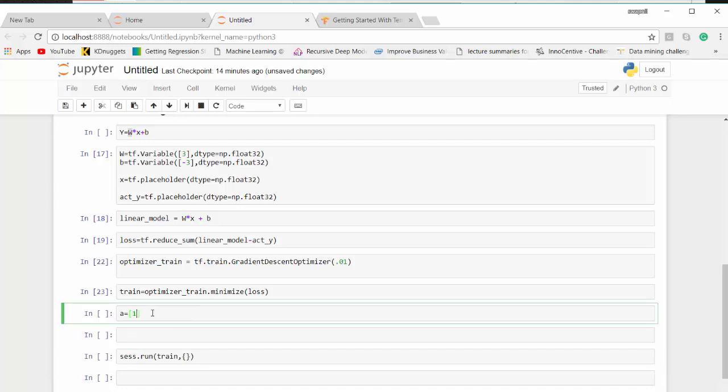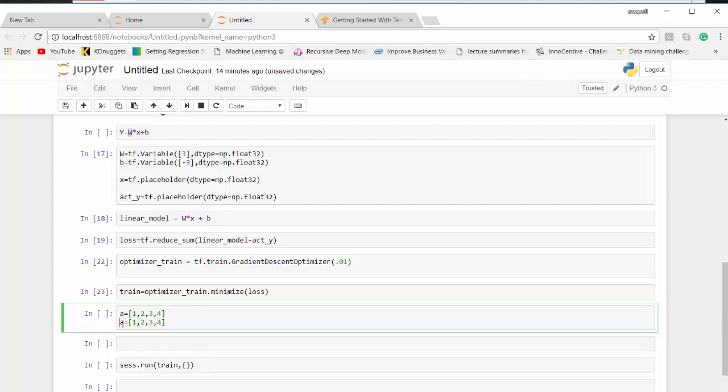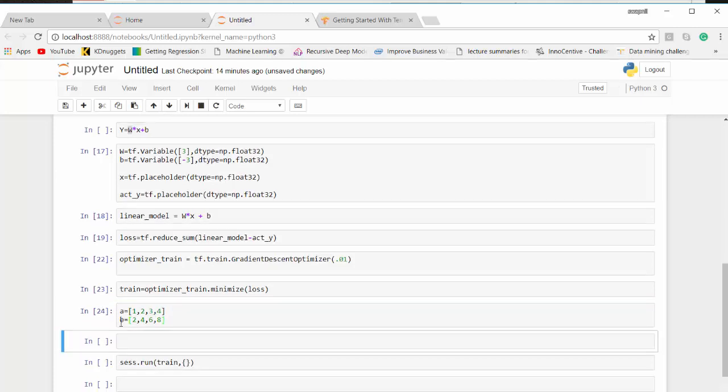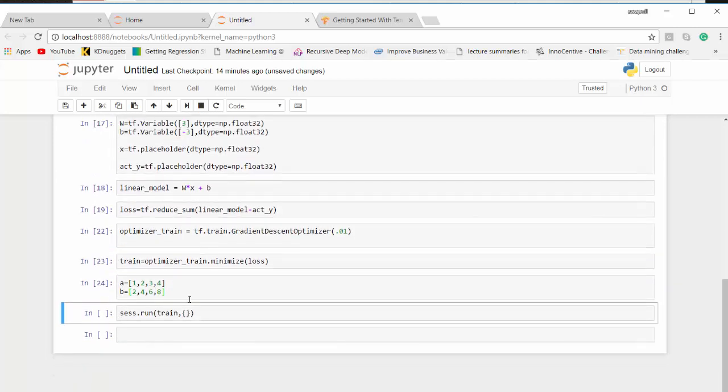A is equal to 1, 2, 3, 4, and similarly my b's are my y, so 2, 4, 6, 8. So a is my x, the independent variable, b is my dependent variable, and now I'm going to